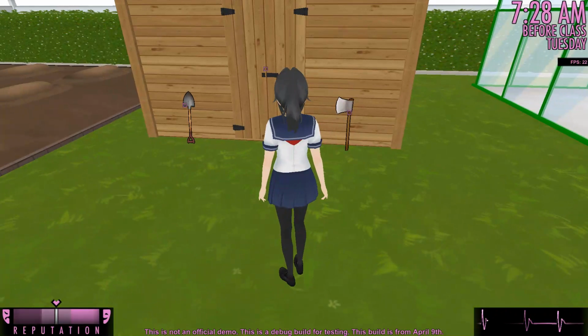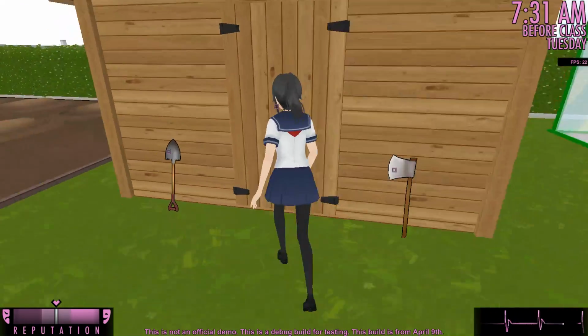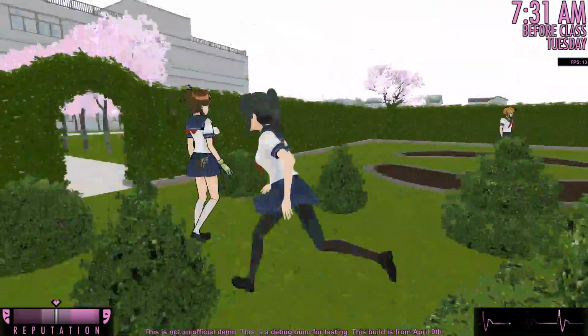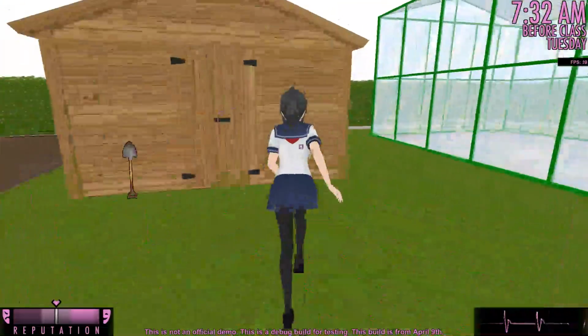I wish no clipping was enabled. I don't think there's a debug for that. You should be able to walk through walls, but unfortunately, it's probably not a feature. Okay, well, where else can I find a screwdriver? I don't think I can find it anywhere. Locked. Can I just kill her and steal the keys right there? I mean, I don't need the...